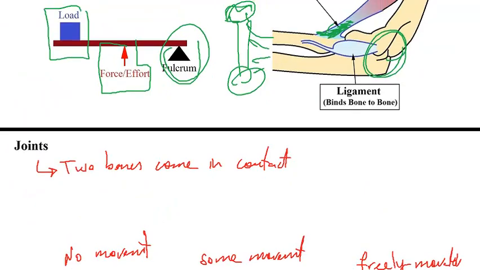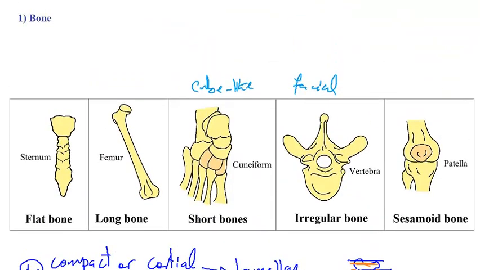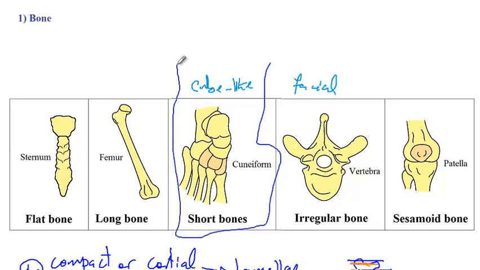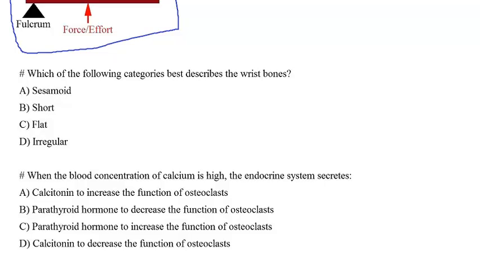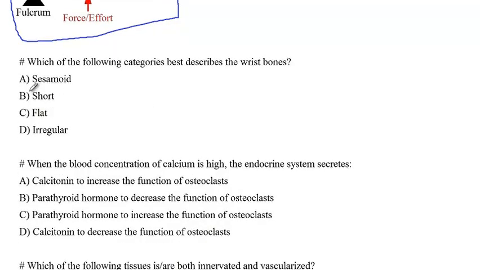So let's go back to the images that we have here. So we just discussed that a wrist bone is an example of a short bone, which is cube-like. So here we have an example of short bone. The next question is,